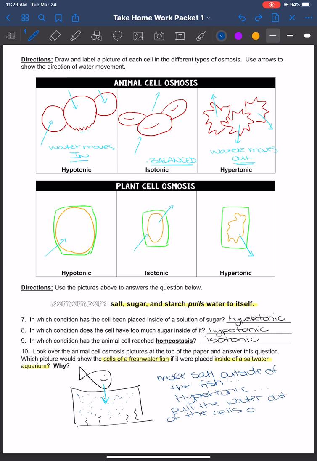Typo. Which would in turn dehydrate the fish. And the fish would be no more. All right, if you have any questions about that, please